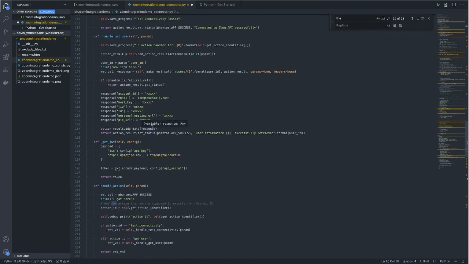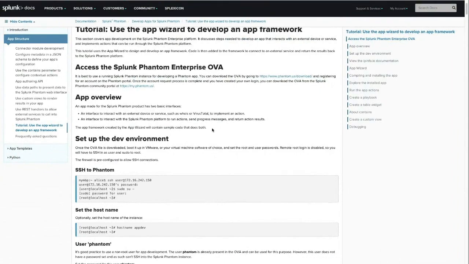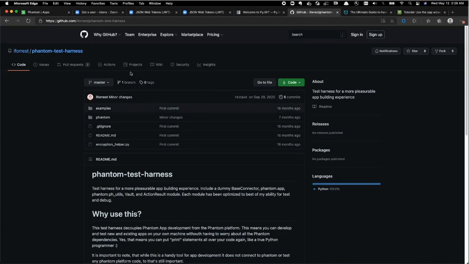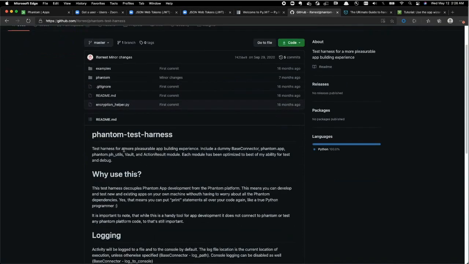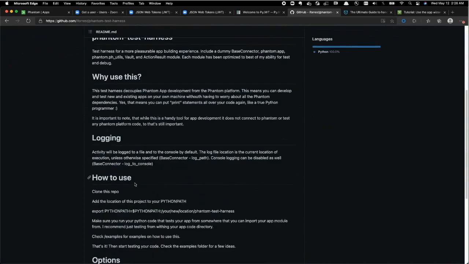But the next question is how do I test this? One of the easier ways to build and test your integrations is by leveraging an open source project, which can be found here. And this is my repo. This is an open source project that anyone can leverage, but this is called the Phantom Test Harness. And all you have to do is download this project and include it in your Python path. And what it essentially does is it allows you to test any Phantom app locally without actually having to change any of the code. It gives you everything that you need to let all your Phantom includes